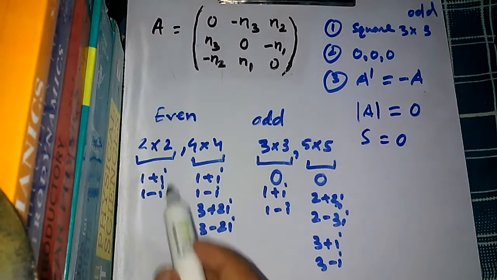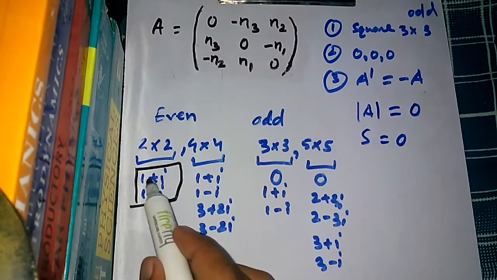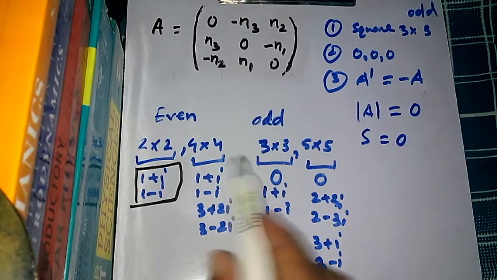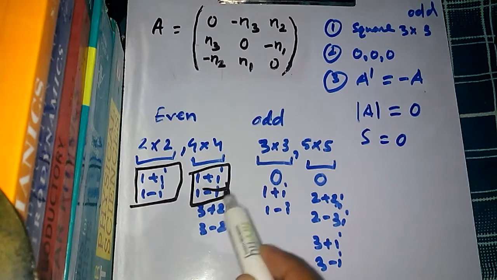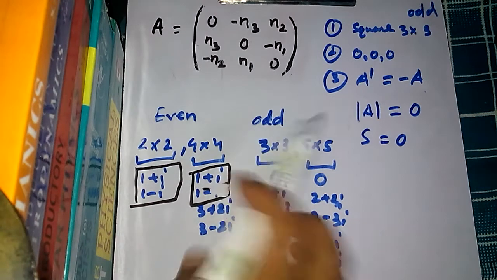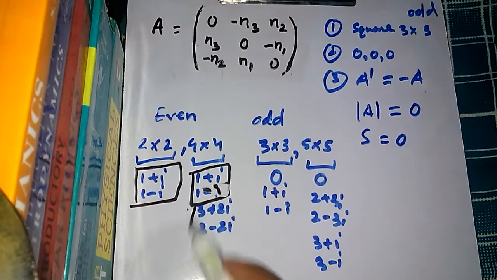Purely imaginary means it contains i's, and also they will be in pair. If one is 1 plus i, it will be 1 minus i. And for 4 by 4, they are also in pair,